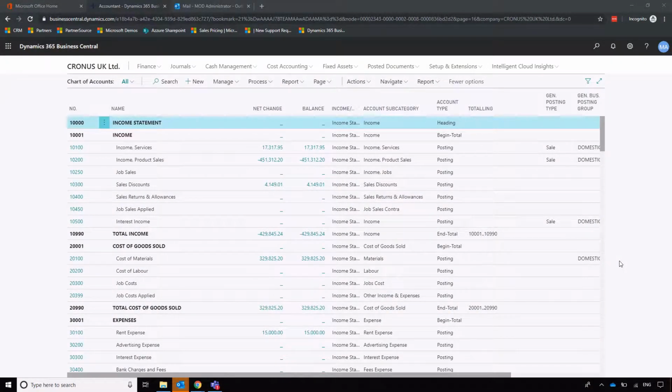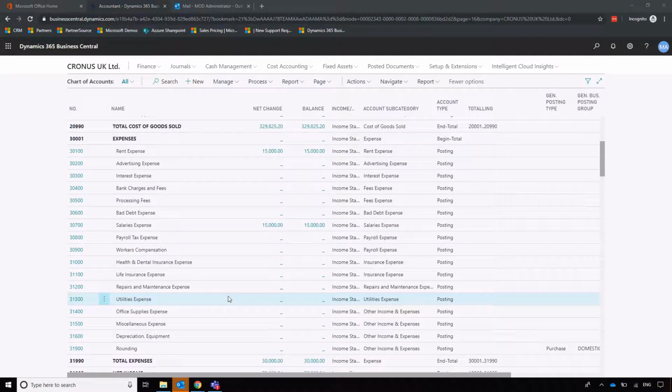Another area of the system that's important to mention is what's referred to as dimensions. Now, other systems have this facility to some extent, but the primary purpose of dimensions is to allow us to work from a condensed chart of accounts while still allowing us to pull out the data that we want to. So if we have a look at expenses, for example, so salaries,